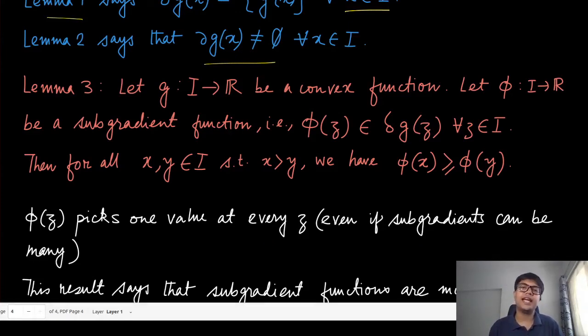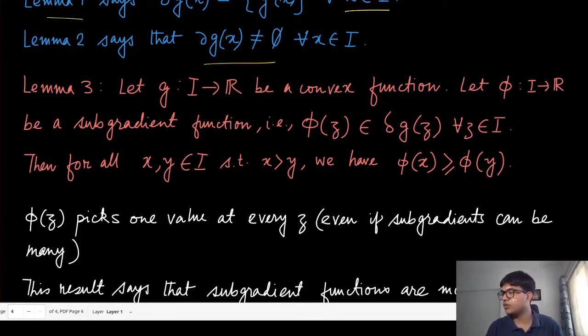We can extend that idea to subgradients. When you are defining a function, there are points where it is differentiable, where you know that the subgradient is unique. For the points where it is non-differentiable, you just arbitrarily pick one of those subgradients and